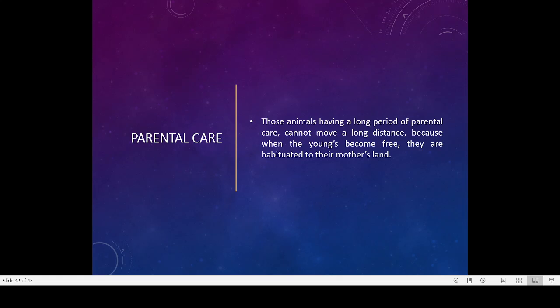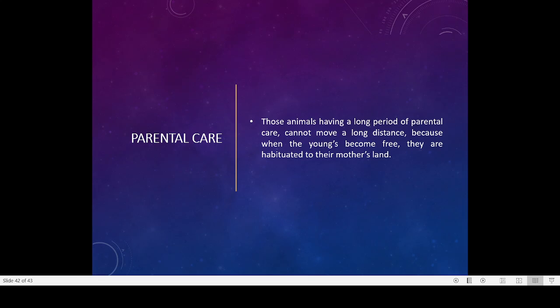Then another factor that is preventing the distribution is parental care. Those animals having a long period of parental care cannot move a long distance, because when the young become free, they are habituated to their mother's land. For example, in elephants and in human beings, we have a very long parental care. So when the child gradually grows up and becomes an adult, several years might have gone, and during those several years, the children might feel